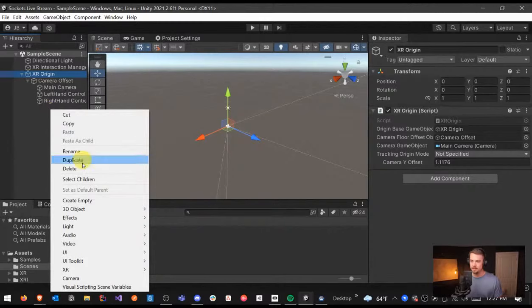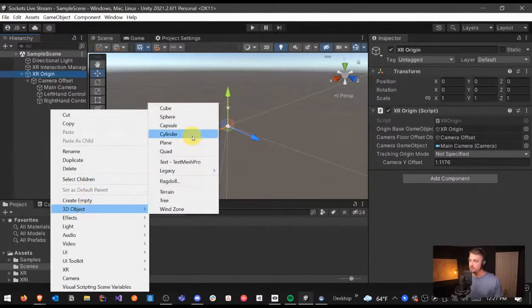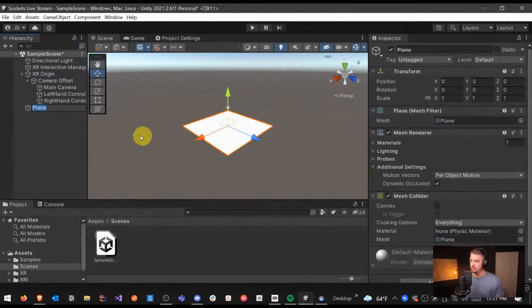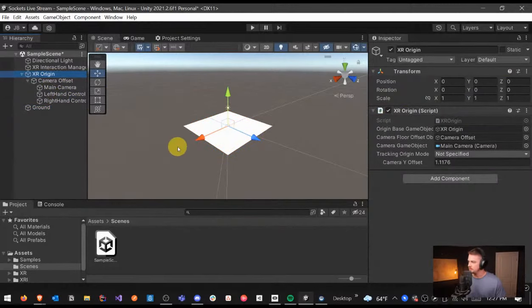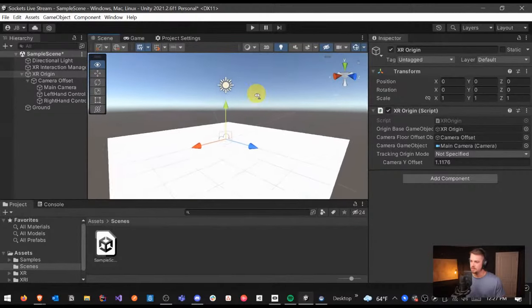So let's add in a ground so we can actually stand. So when we add physics, we don't actually fall through the floor. The ground, and then yeah, that's set correctly. And you'll notice that when I'm hovering over the XR controller,